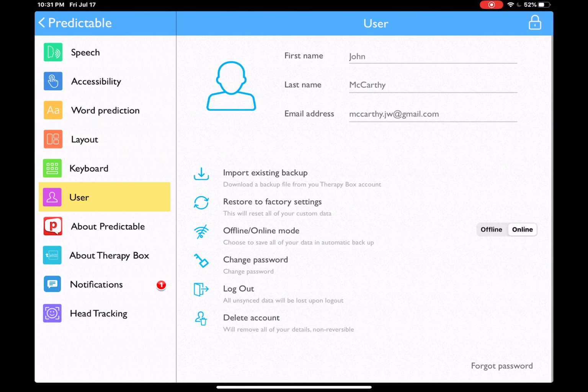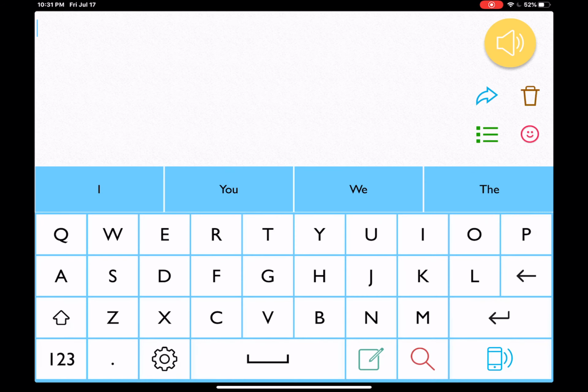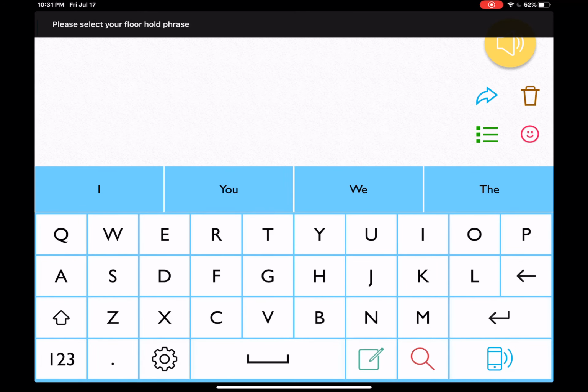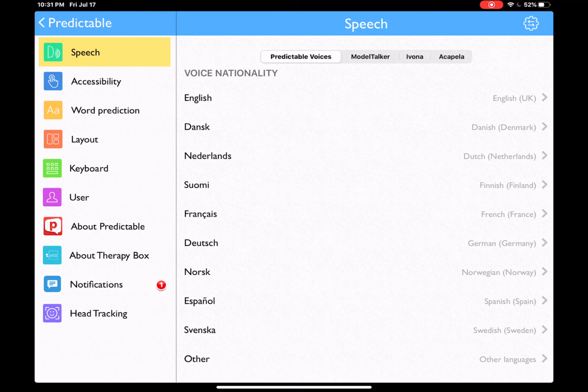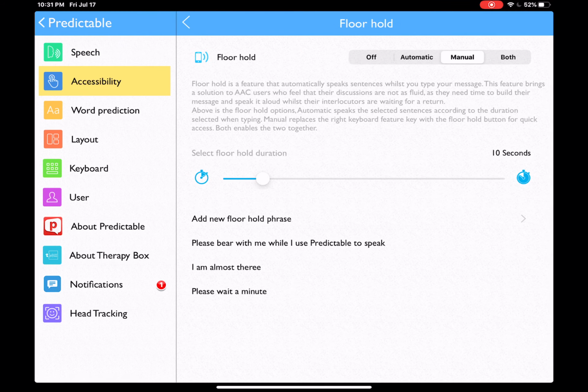And that comes up in, gotta remember, can't remember why I lost my floor holder. Let's find that. There it is. So here's my floor holder, and I'm going to select Please Bear With Me while I use